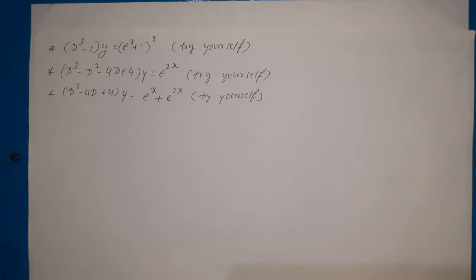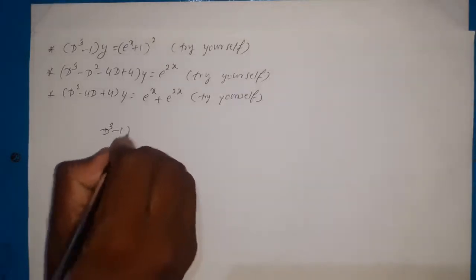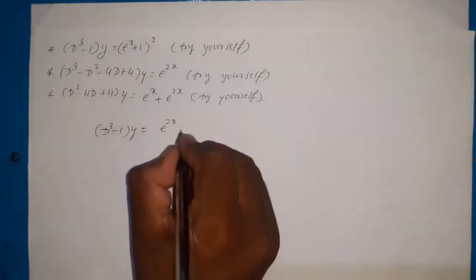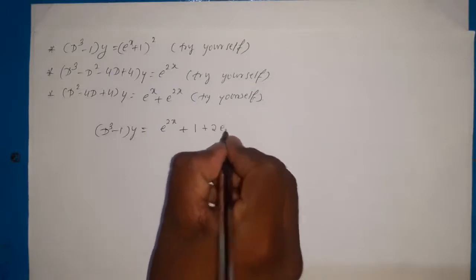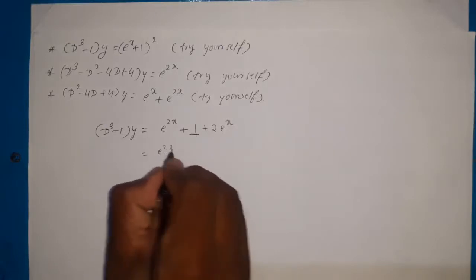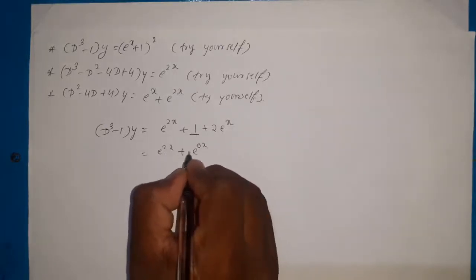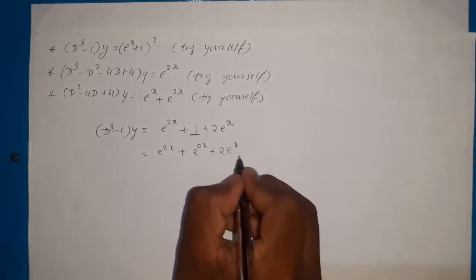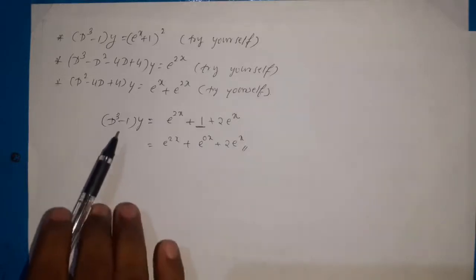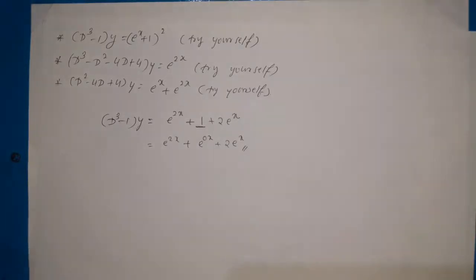And finally on the RHS we have the function e power x plus 1 whole square. Now the first problem can be written as: e power x whole square means e power 2x, and a plus b whole square is a square plus b square plus 2ab. Here there is no exponential function, meaning that is e power 2x plus e power 0x plus 2 times e power x. So already we have solved the same example. There it was only D cube plus 1, here it is D cube minus 1.